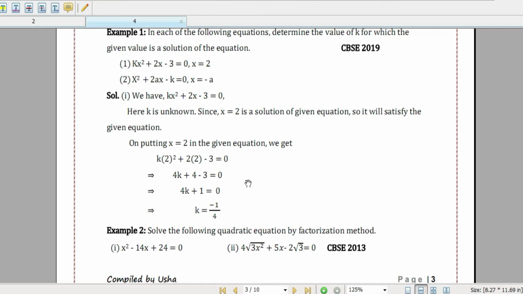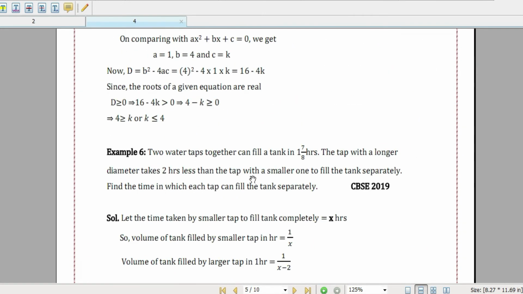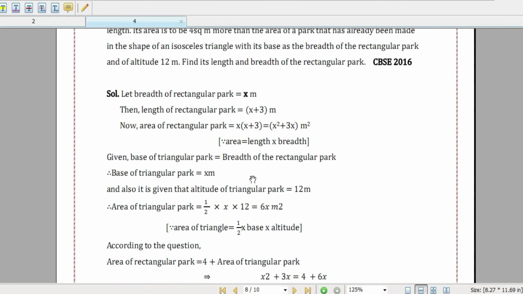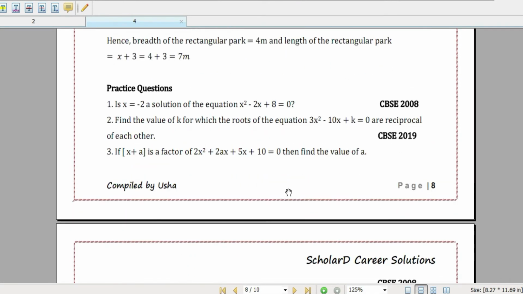As I told you, in this class we will be solving as many questions as possible from previous year's question papers of these two particular chapters only. You don't have to write down the solution because immediately after this class you are going to get the complete handwritten solution for both these chapters. For all the questions I have written handwritten answers, and I am going to share that PDF with you all. So you just focus on the procedure to solve the questions.